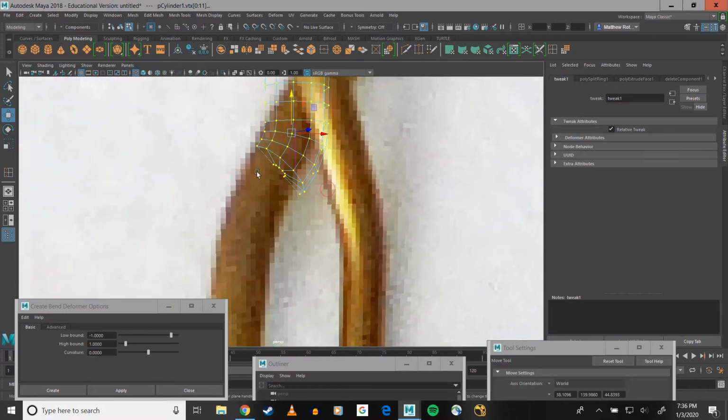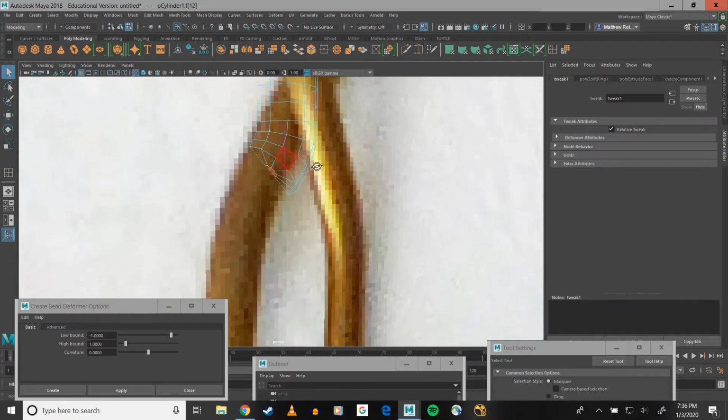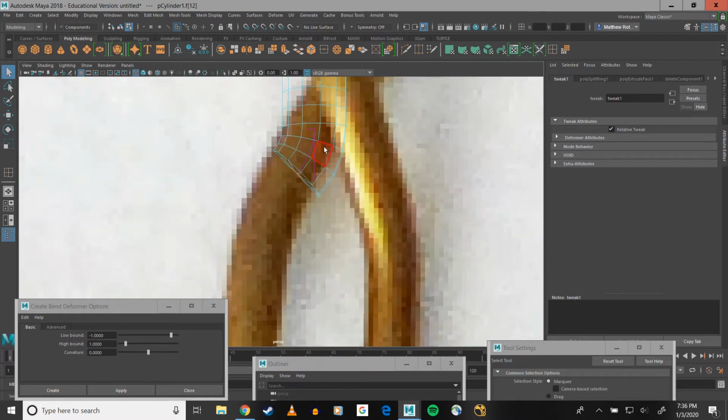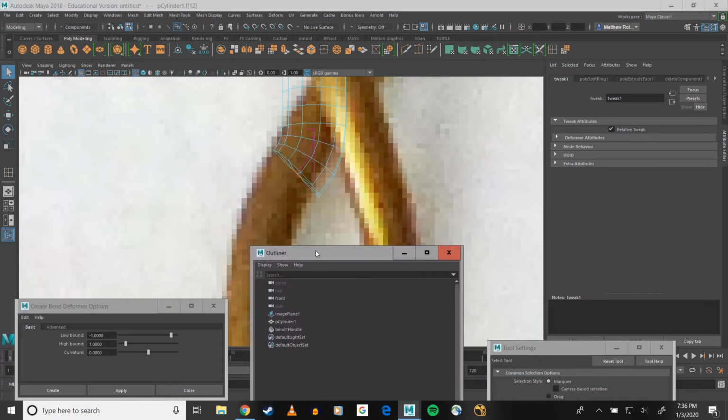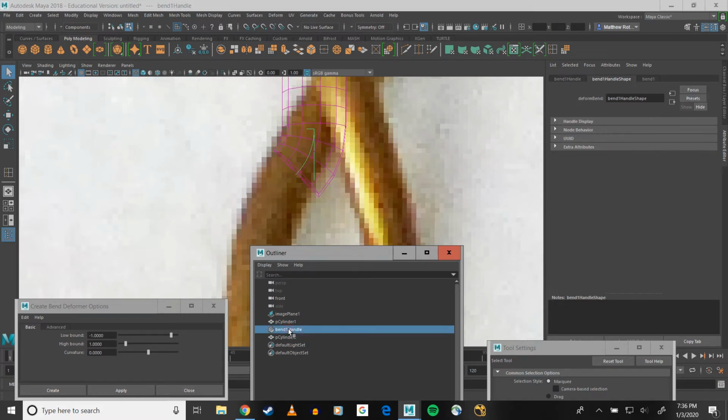Now right here where we're beginning is going to ultimately be the trickiest part of this whole thing, and my geometry will continue to react to my deformer, so you don't have to do this. You can just have your original geo with a whole ton of deformers attached to it, but just for the sake of making sure that I leave markers for myself, I'm going to duplicate my polygon and then hide the original,